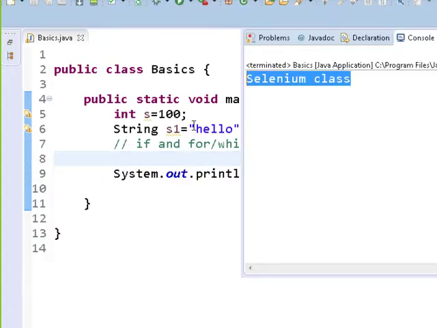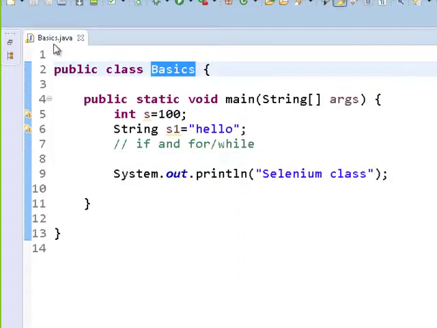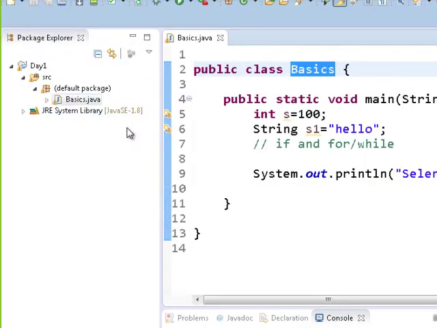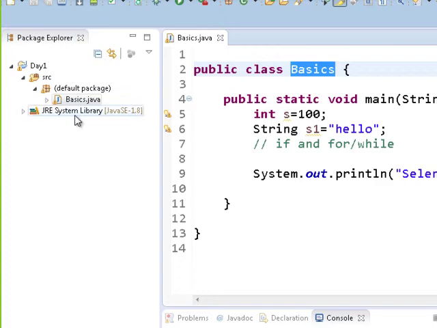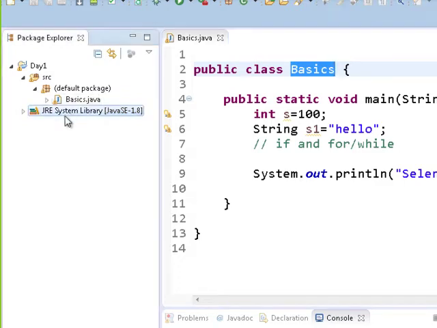But our motive is not to learn these things. Our motive is to learn Selenium. To learn Selenium, you need to learn object-oriented concepts. So we'll be concentrating on object-oriented concepts as well. If you look at the project, right now the project has got JRE system library.